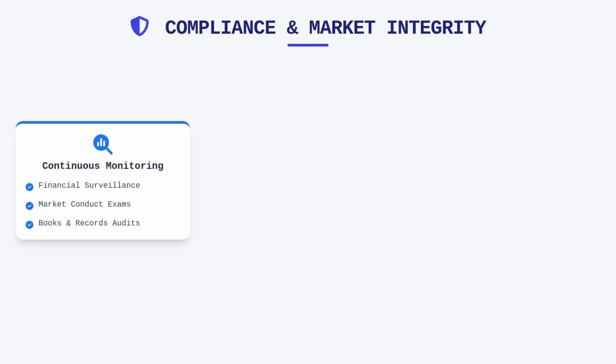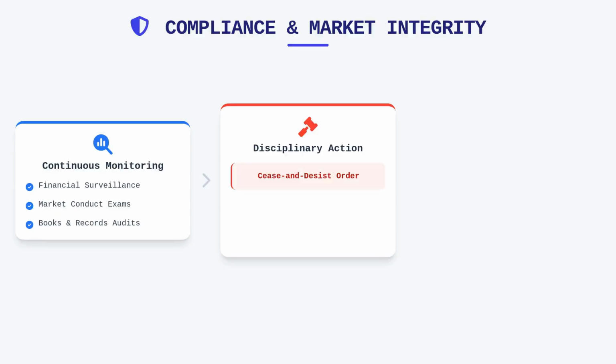If a market conduct exam or a consumer complaint investigation reveals that an entity is conducting business fraudulently, failing to execute contracts in good faith, or operating in an unsafe financial condition, the Commissioner can issue a cease and desist order. A cease and desist order mandates an immediate halt to the non-compliant activity under threat of severe financial penalties